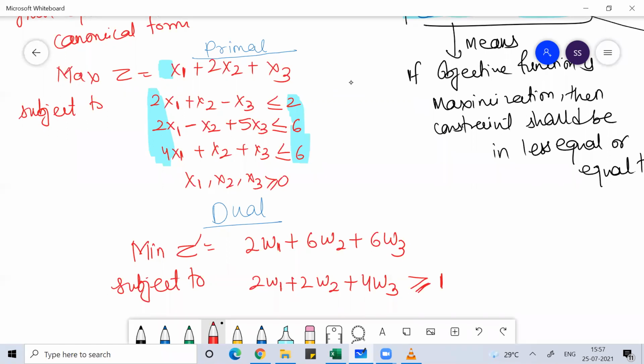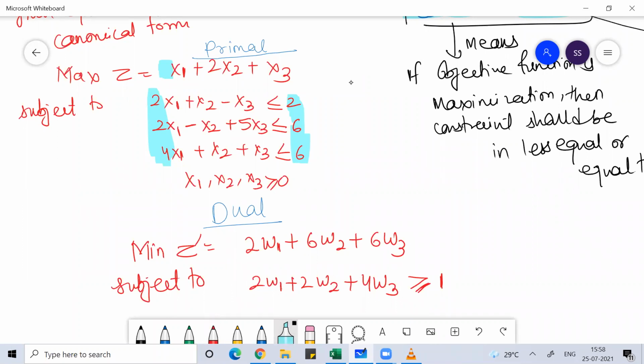Any doubt, anyone? Anyone, any doubt? No, sir. So this is your first constraint. The second constraint, what will you write? So the second constraint, again,